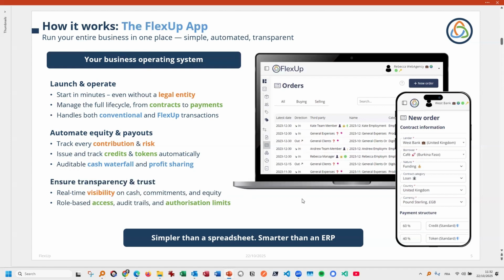Now, we have different levels of transparency. So if you're my auditor, you can see every transaction. But if you're an investor or if you're an employee, well, maybe I don't want you to see every transaction, but I want you to see the overall, like every month, how much money we made, how much money we spent, how much we paid the flex, how much we paid the credits. So have a visibility on the analytical accounts. Okay.